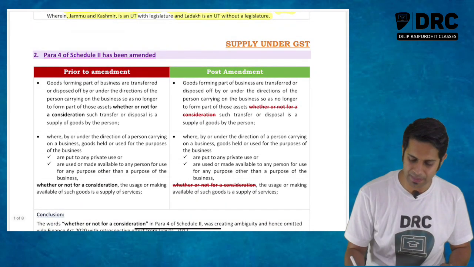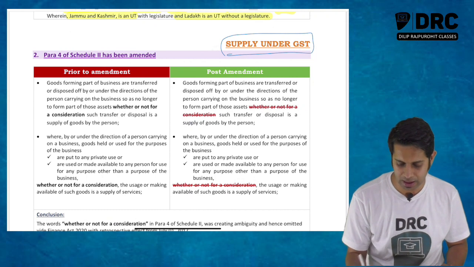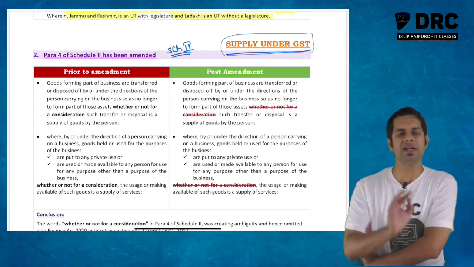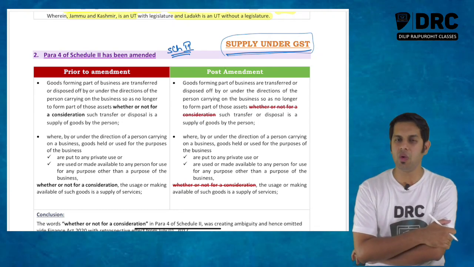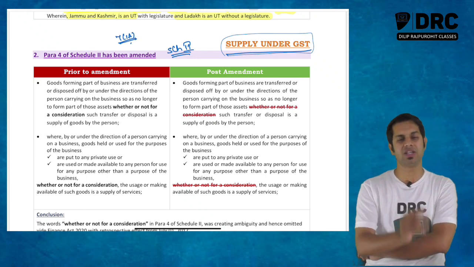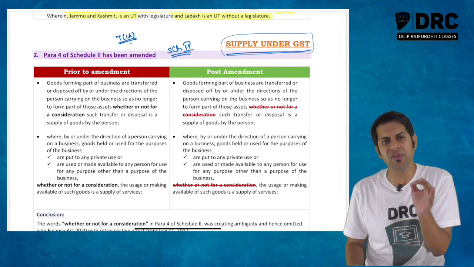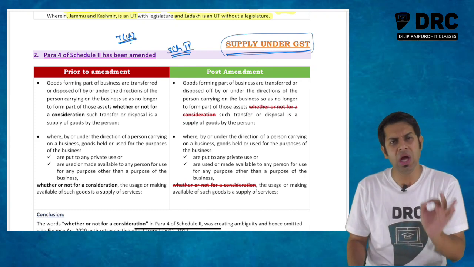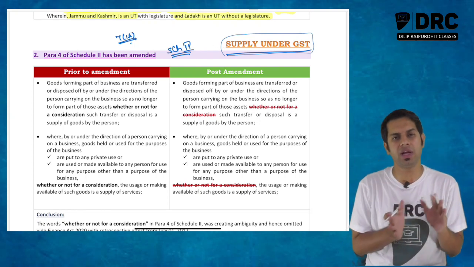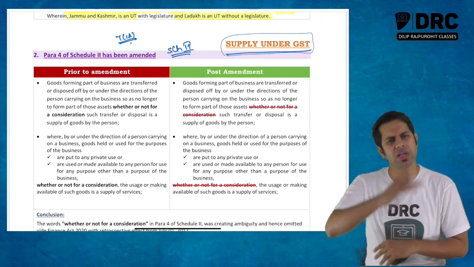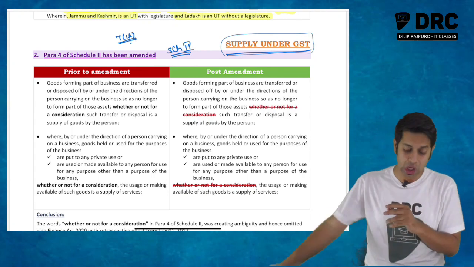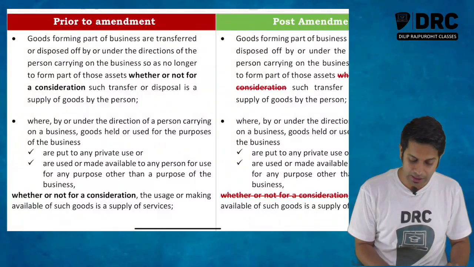Now, next amendment in the supply chapter. In your supply chapter, there is something called Schedule 2. What is this Schedule 2? Section 7, subsection 1, capital A says there are a few items specified in Schedule 2. These items are supply as per Section 7, subsection 1. But Schedule 2 tells whether it is supply of goods or supply of services. There were different activities treated as supply of goods and others as supply of services. One such activity was the goods